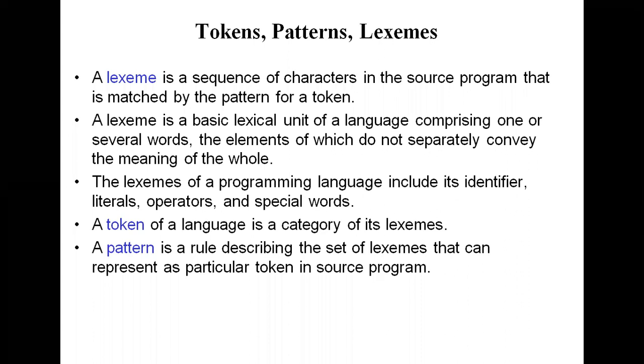And here we get another new term, token. While defining the term pattern, we got a new term, token. Now what is the definition of the token? A token describes a class or a category of the input string. For example, identifiers can be called tokens, keywords can be called tokens, constants can be called tokens, and punctuation marks, operators, and relational operators can be called tokens, and so on.